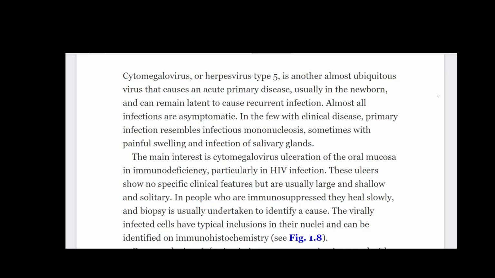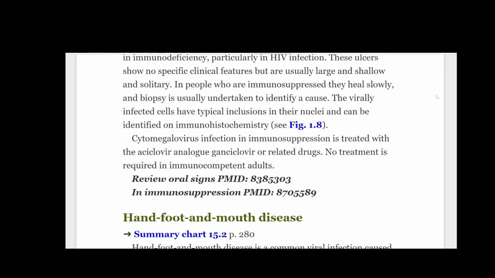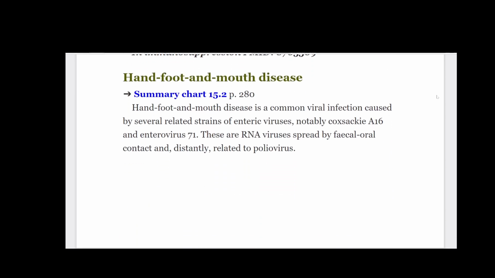Review: oral signs, PMID 8,385,303, in immunosuppression, PMID 8,705,589. Hand, foot and mouth disease, summary chart 15.2, page 280. Hand, foot and mouth disease is a common viral